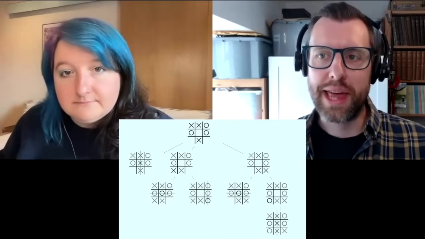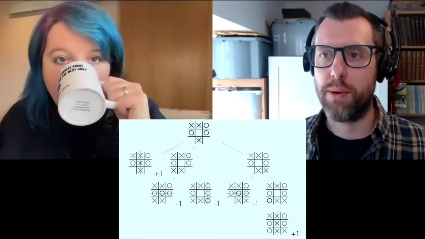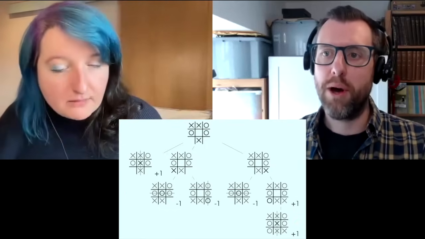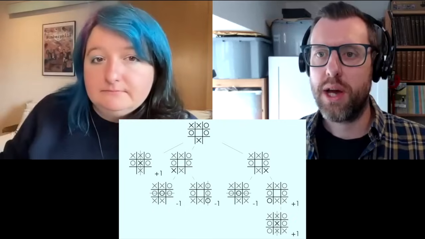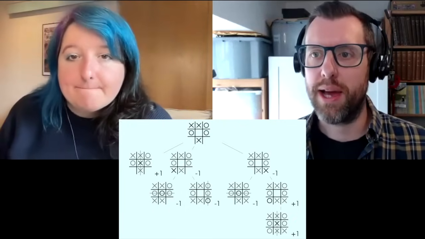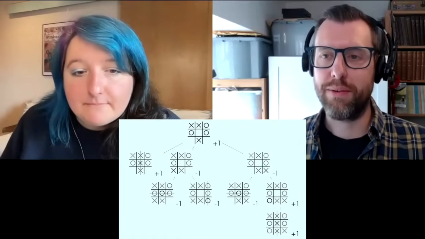Either somebody has won or it's a draw. And at that point, you score those games as to who won or whether it was a draw. And then you move up the tree, trying to decide what's the next best move for the current player. And if you do that analysis starting from the blank grid, then you get, oh, play in a corner. And people often think play in the middle. I think play in the middle is also good,